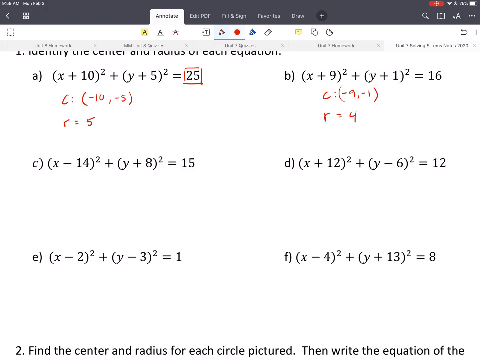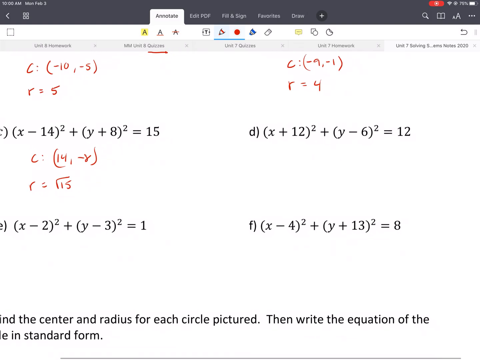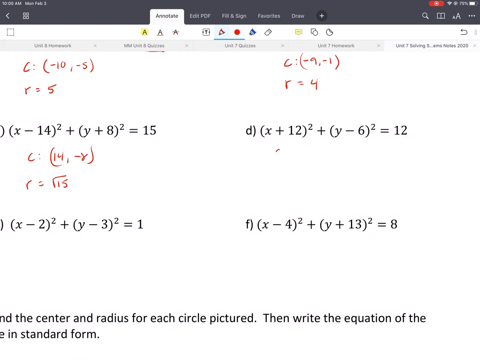For C, we've got, oh, I changed that. That's good. So here, the center would be +14 and -8. And the radius here would be the square root of 15. So we don't want to leave our answers as decimals because that rounds and it doesn't give us an exact answer. So if we can have it as an exact answer, like the square root of 15, we should leave it. All right, so here, D, center is -12 comma 6,